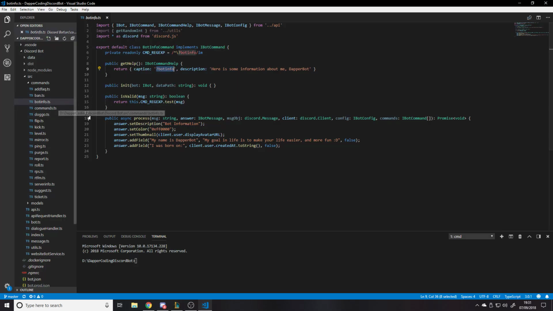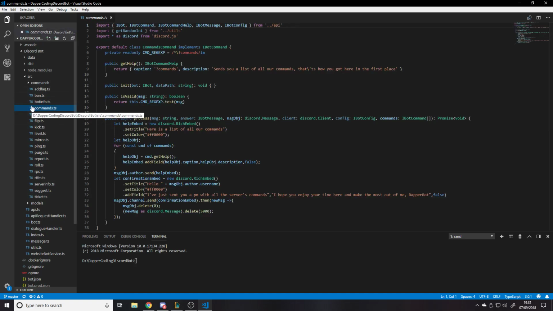That's pretty simple, to be honest. It's just an embed. Then commands, obviously that's the one that sends you it. So it says here's a list of all the commands. For each command, add fields, and so on. So that's what I was just talking about. Send that to them, and then in the server say, hello person, I've just sent you a list of all